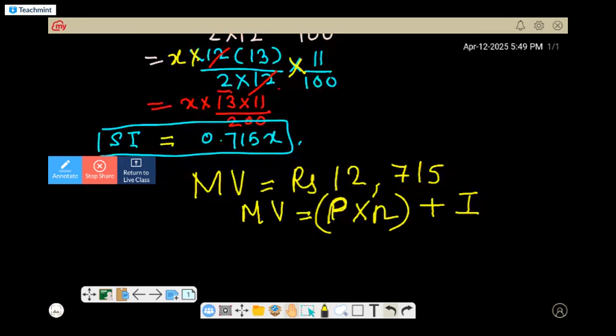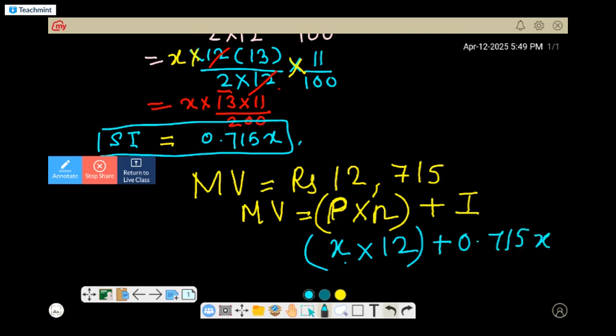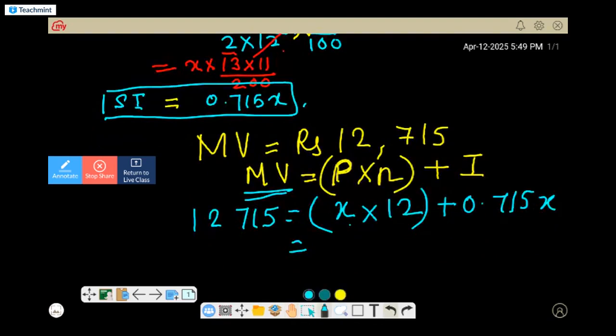Okay. So P, we don't know. We are using X in place of P. N is 12 plus now the interest that we got is 0.715x and the MV value is given to us which is 12,715. So it's a linear equation and we will solve it. X into 12 is 12x plus